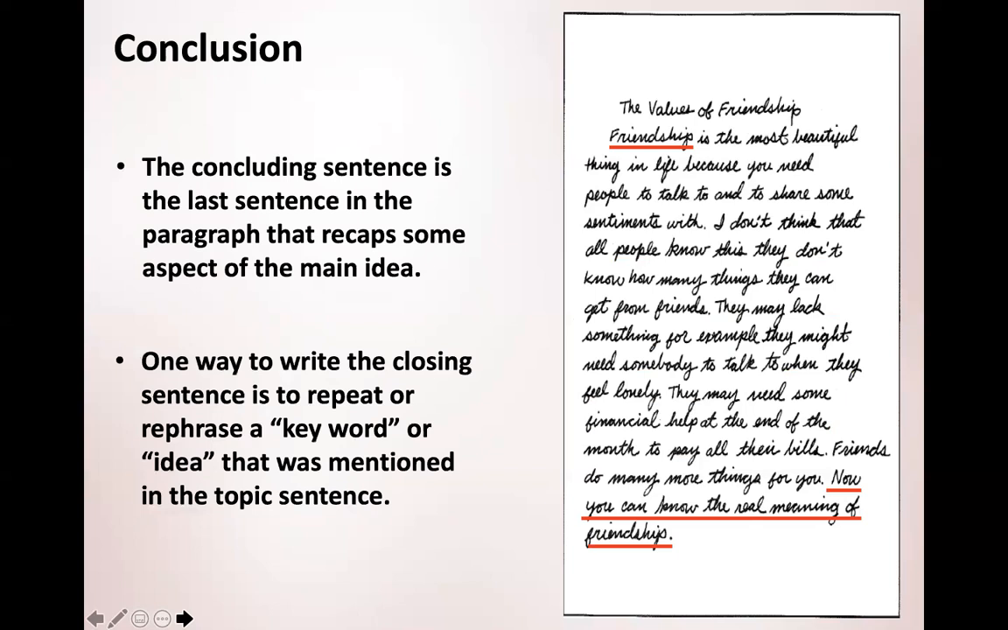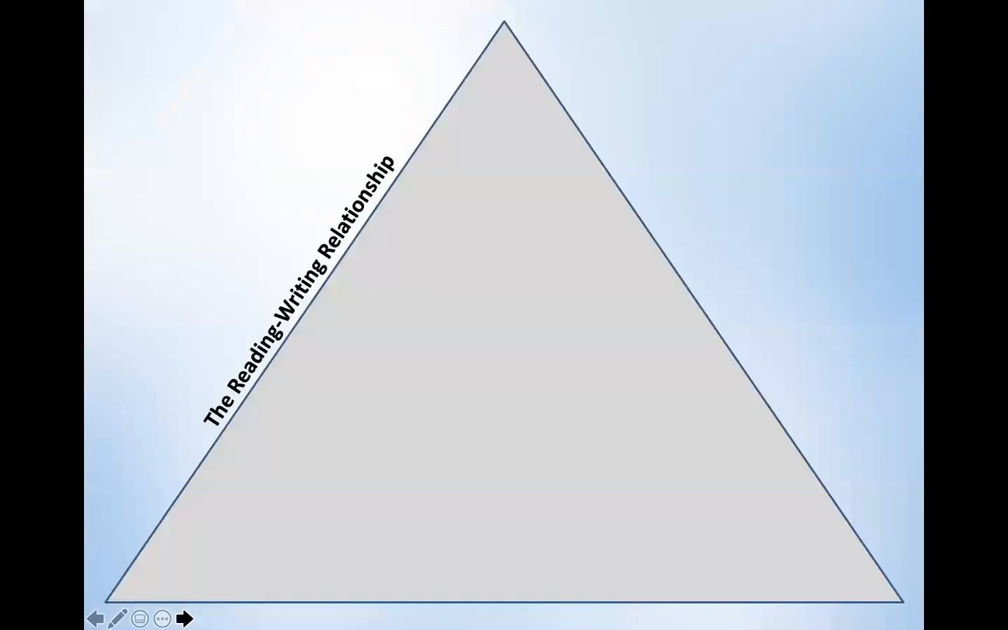One way to write the closing sentence is to repeat or rephrase a keyword or an idea that was mentioned in the topic sentence. So for example, here, the title is The Values of Friendship, and that's repeated at the end of the sentence. And that's something you can do as a technique. It's not always something that you will do. So keeping all of this in mind when you're writing your paragraphs,